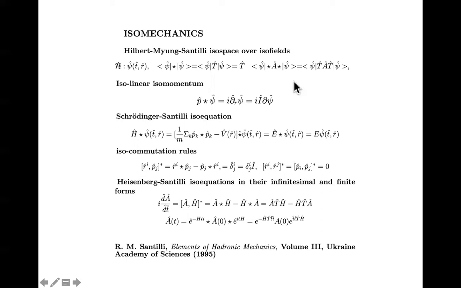left. Next, it is essential that we review the notion of isolinear isomomentum by recalling that its realization via the conventional differential calculus, dating back to Newton and Leibniz four centuries ago, creates unbelievable inconsistencies that really have to be touched by the individual researcher to understand. It was only after decades of effort that we finally resolved those inconsistencies by formulating the iso-differential calculus, which you can see here in the very definition of the isolinear momentum, which is formulated with iso-partial derivative, which can be projected in the ordinary Hilbert space, in which case you see the factorization of the isotopic element, which represents